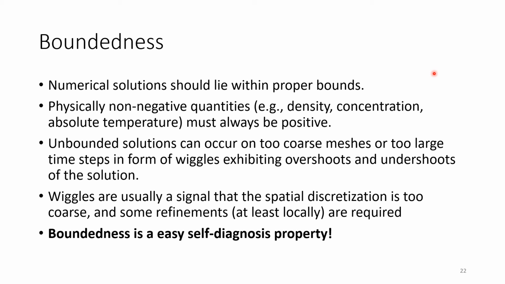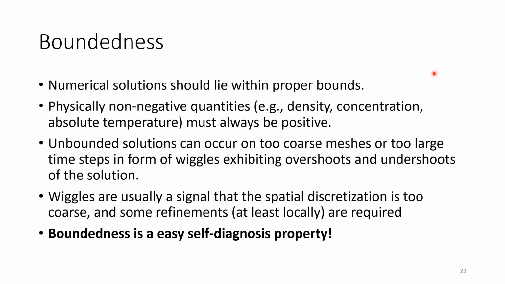So maybe there are some very small, like 10 to the minus 15, 10 to the minus 21 concentrations which are negative, but so small that you can consider it zero, right? So you as a modeler have then the obligation to check if the violation of boundedness is just due to numerical accuracy, or if it really is a physical issue. All right, and